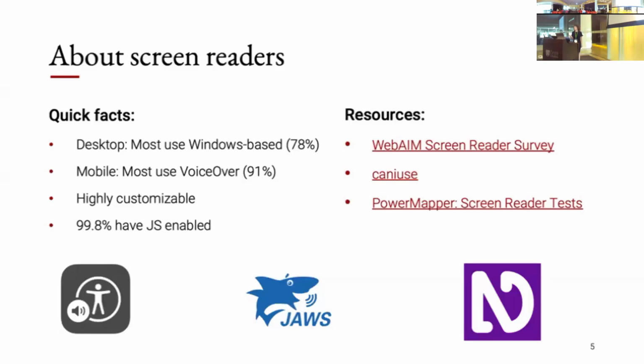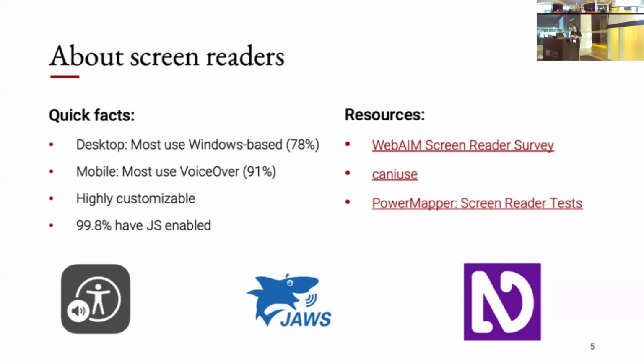The first one is the WebAIM Screen Reader Survey. So WebAIM is a subset of the W3C. And every other year, they put out a screen reader survey. So things about what are the most popular screen readers, what are some preferences screen reader users have, and also really importantly, what types of combinations between screen readers and browsers do typical users use. The second one is